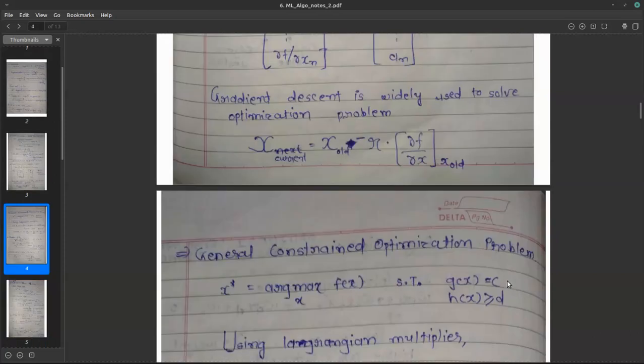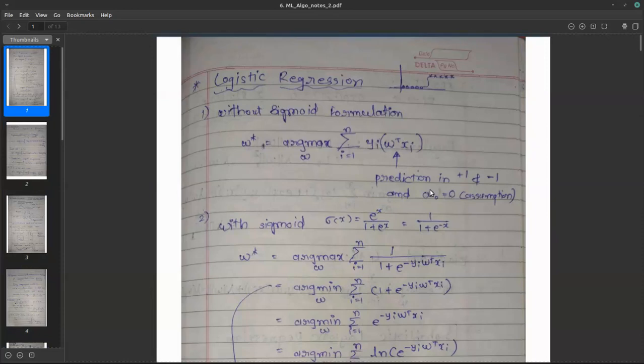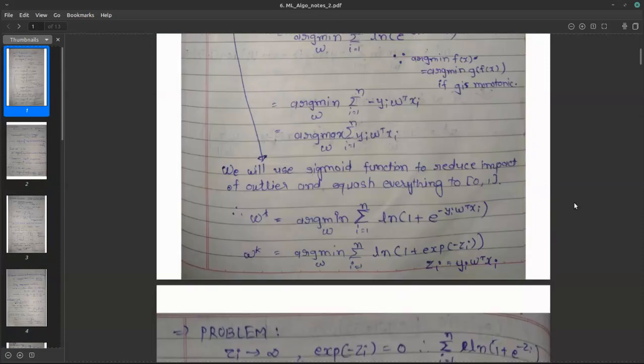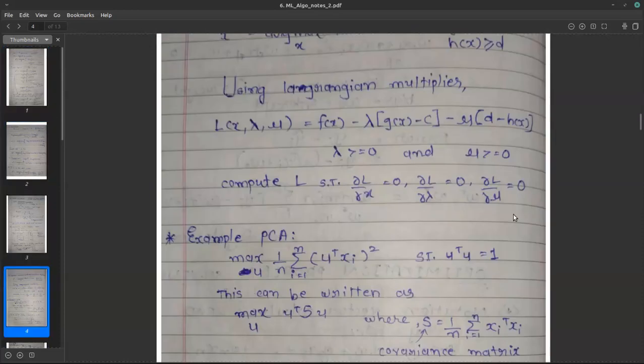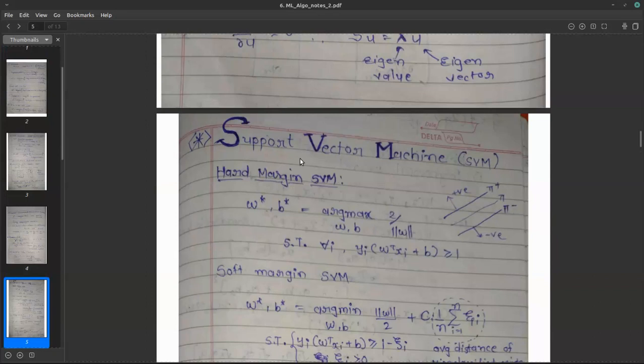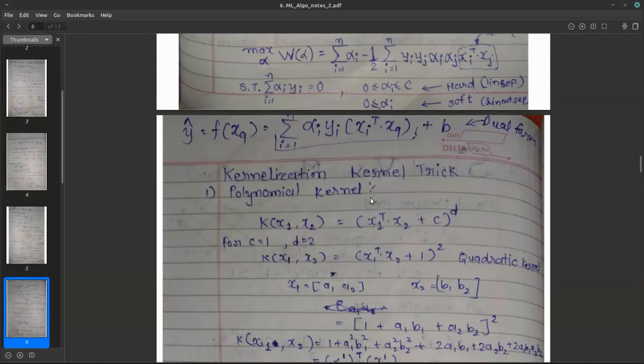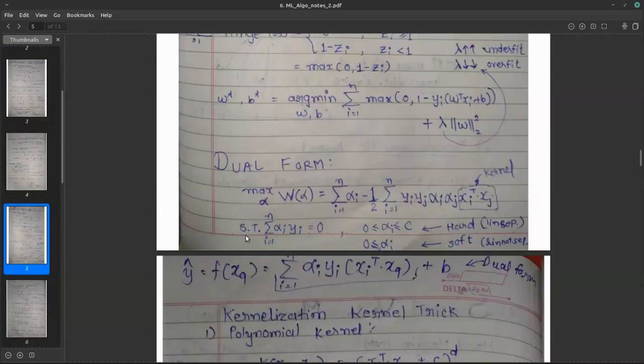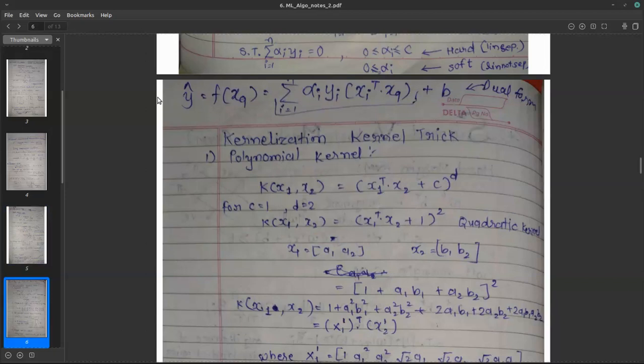So from tomorrow, we will start logistic regression versus support vector machine. Both are classification methods. How are both working? If you compare them one to one, it will make your life easier. What is a support vector machine? What's the dual form? I just wrote this equation today.